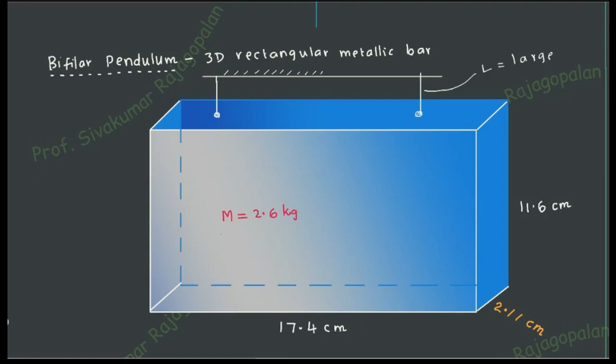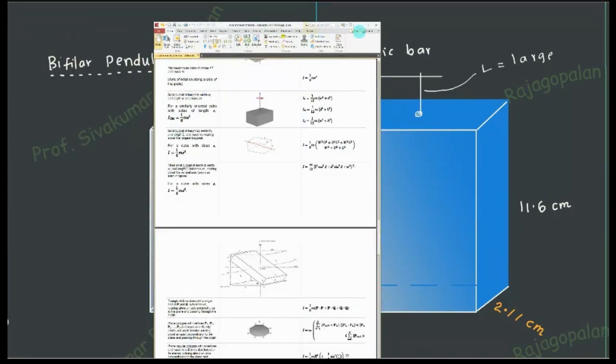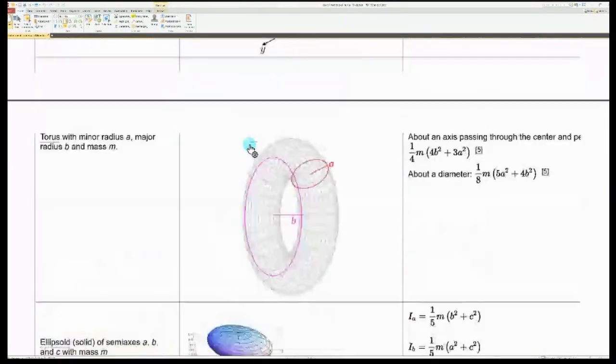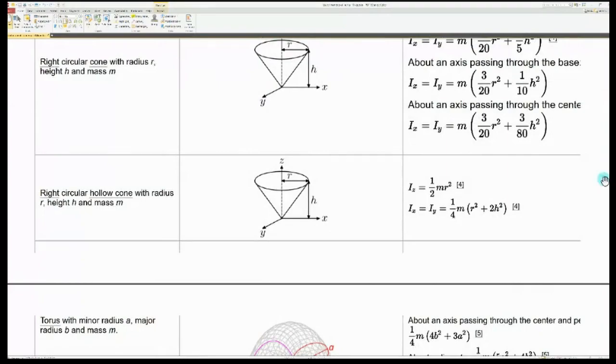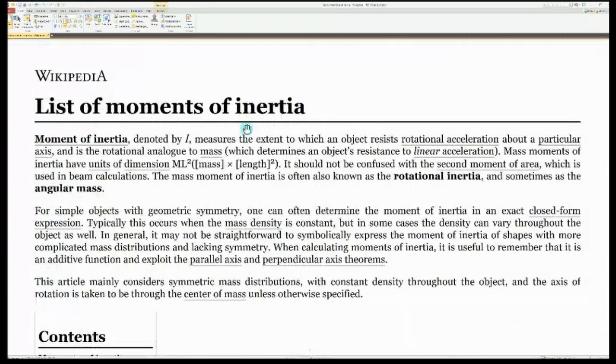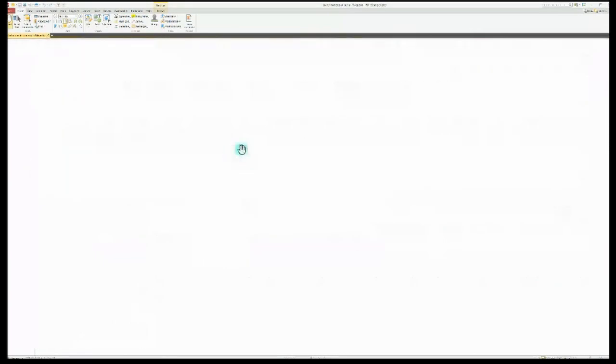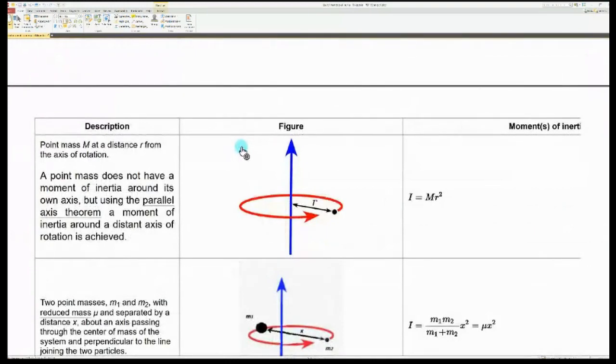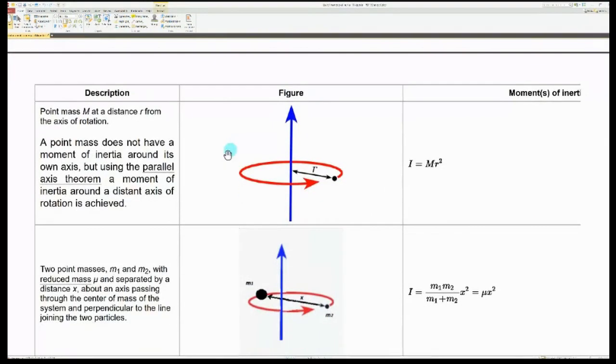And let me show you the variety of formulas that you can use for this experiment, which can be easily seen here from the basics of the moment of inertia. So let me go from the beginning and show. You have the moment of inertia formula, which is well known, and you have a list of all formulas, but you are going to select one of them now for the given apparatus. We are not interested in this, as you already know. This is a single point mass which is going to revolve in a circular path. Then the moment of inertia is given by mr square. No, we are not going to do the experiment in this style, and therefore we don't want this.